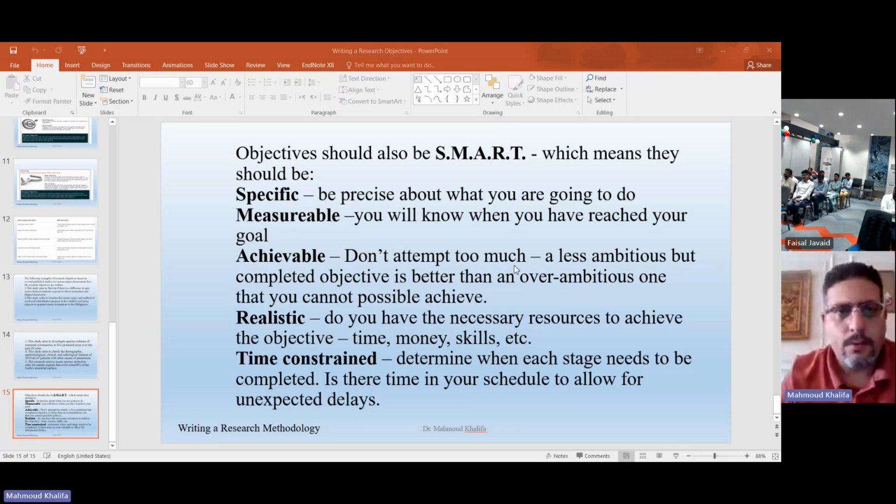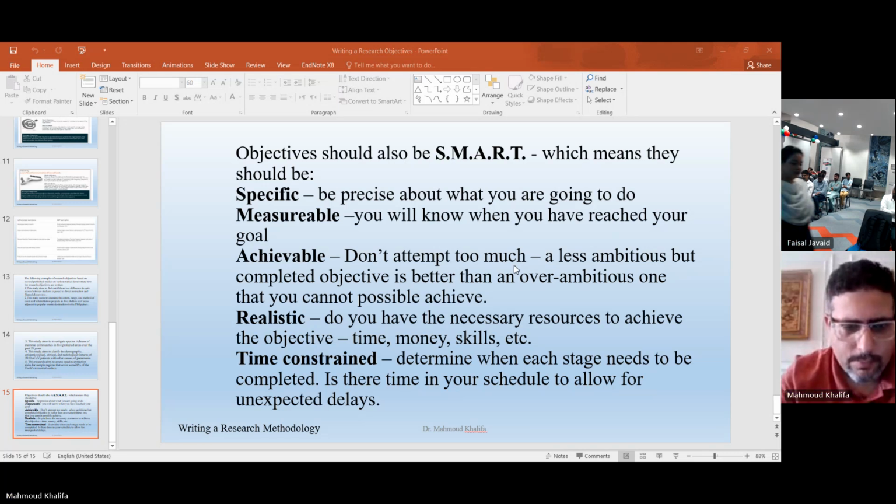What are the variables? What are the independent variables and what are the dependent variables? For example, if I say the relationship between India and Pakistan,